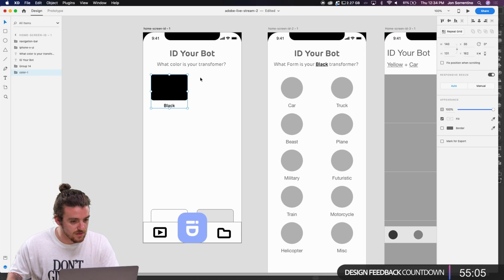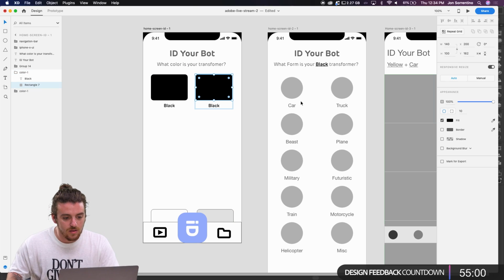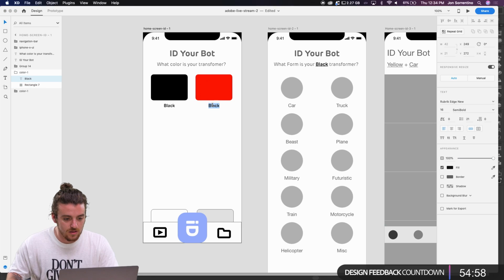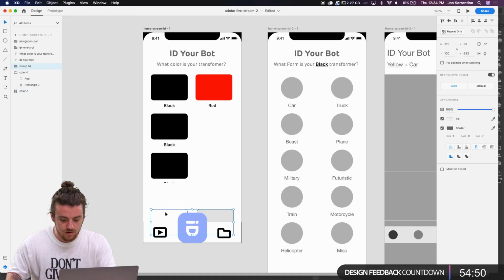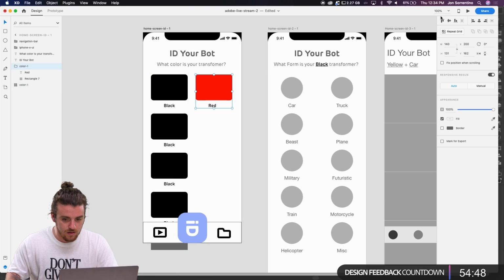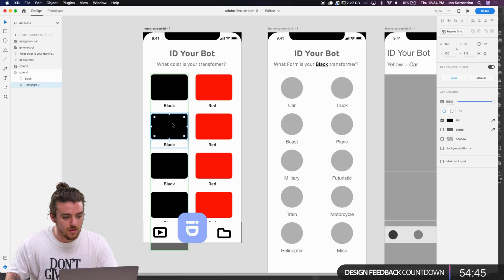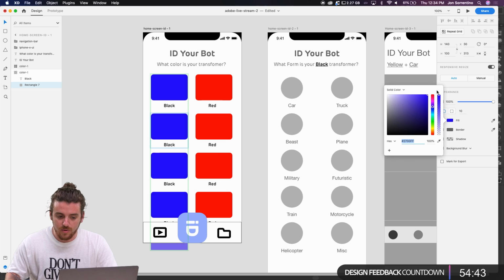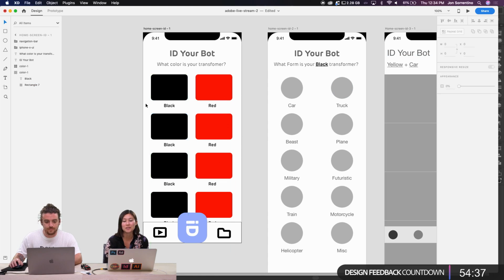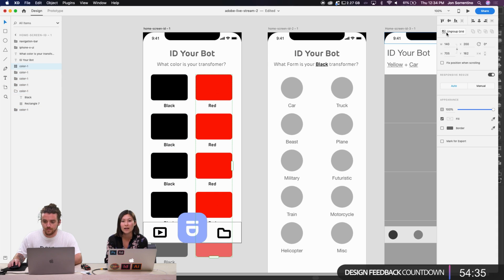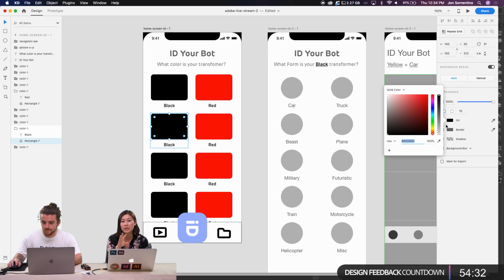Go back to my layers, color 1. Bring this back over, make this red and group them together. Bring that down. Make this one blue as well. Go back, and Jon took my colors, just using the repeat grid feature. We saw him use it yesterday. It's a really quick way to pull it down, create a bunch of repeating elements, and then adjust them.